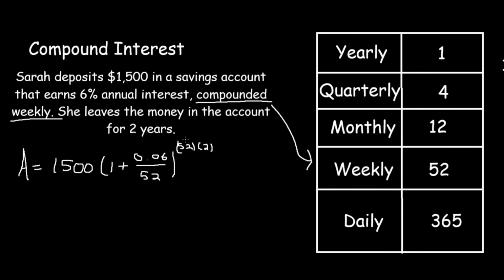Now, when we plug these values into our equation and we solve it, we get a value of 1,691.13. And this is rounded to the nearest cents. This means that after 2 years, with the compound interest, she earns